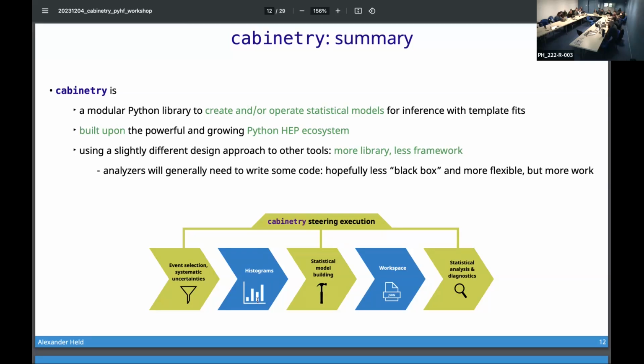Oh yeah. Multi-dimensional histograms are also supported with this? They are not. The limitation here is mostly the HistFactory model itself, which deals exclusively with one-dimensional histograms. You can sort of work around this by, if you have a two-dimensional histogram, for example, you slice one dimension into different channels and then have multiple one-dimensional histograms. That's not fully the same, and there's places where this is going to give you different results, but conceptually,